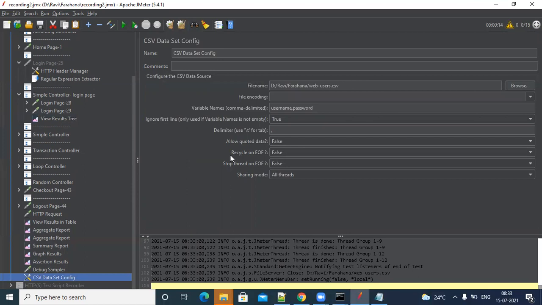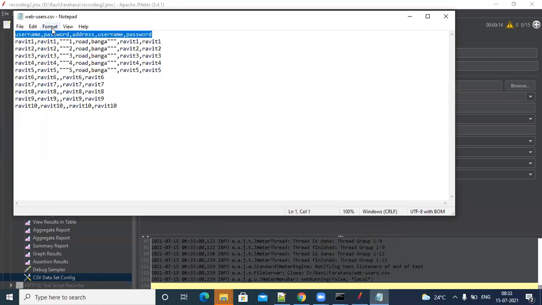Okay. Now it is CSV. CSV is nothing but comma separated. Suppose you have an address field, where you have to pass something like 1, road, Bangalore. Assume that. But whenever you do it like this and run the script, it will take only the first part as the address. It won't take the complete one as the address because of the comma, right?